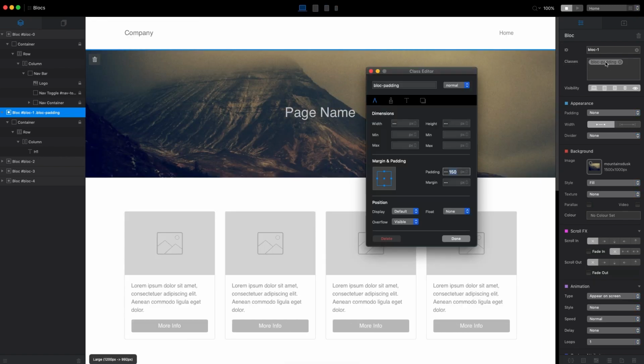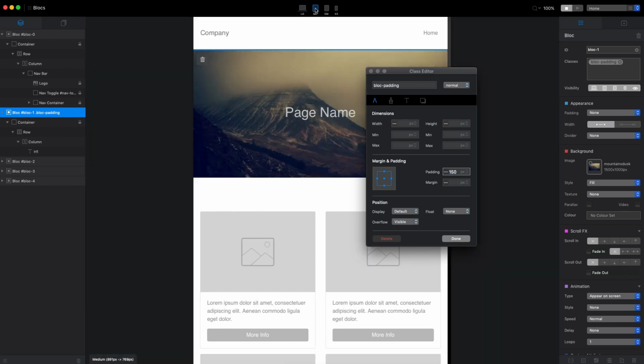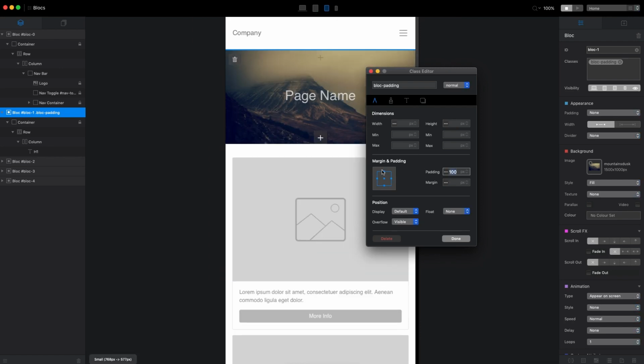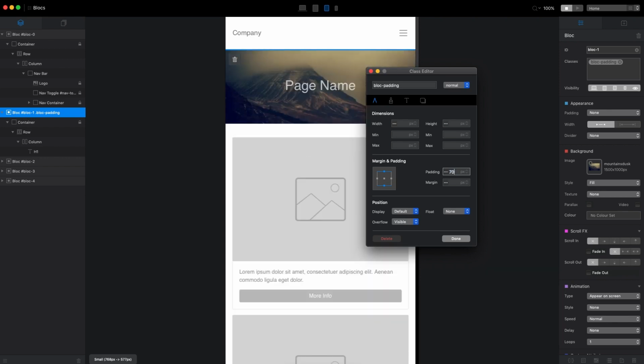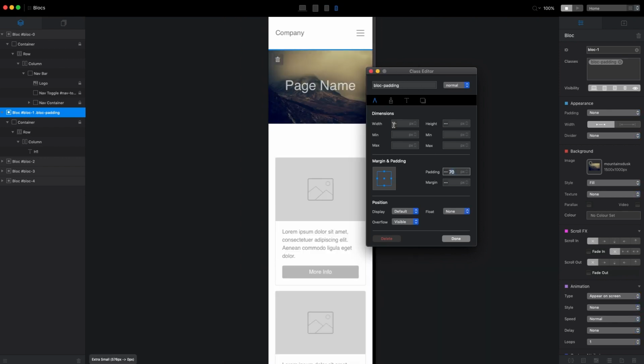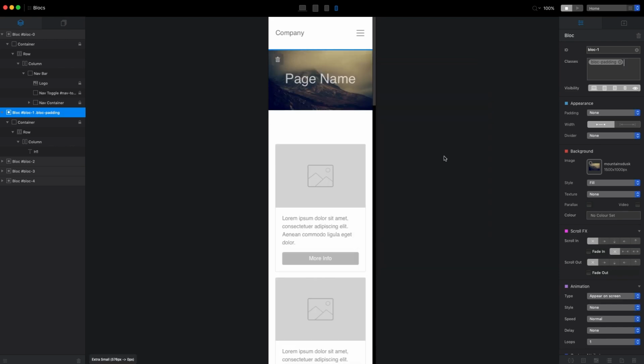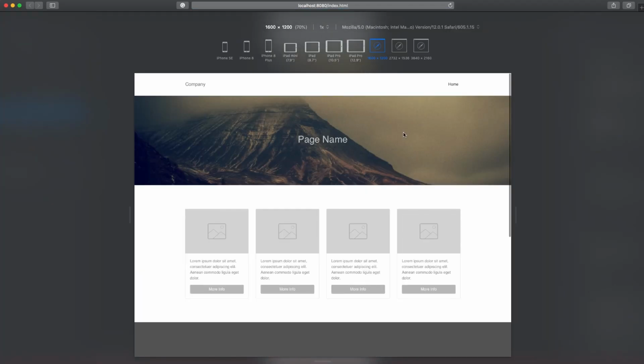But now we can open this custom class and adjust it for different breakpoints. So let's go to the medium breakpoint, and for medium breakpoint we will have 100 pixels instead of 150. And for the small we will have something like 70. And for the smallest one, extra small breakpoint, we will select 2 sides once again and set the padding to 50. So now when we go to the browser preview, in desktop we will have beautiful 150 pixels padding, but